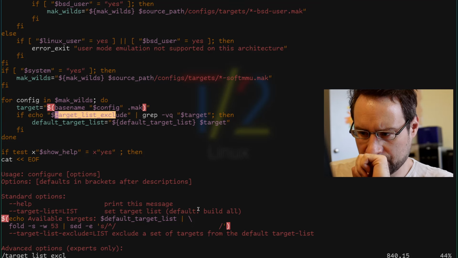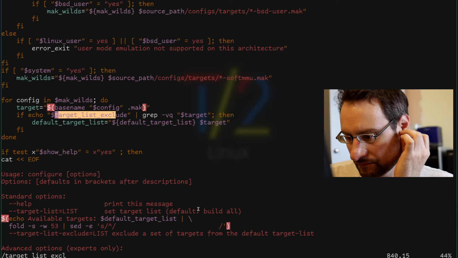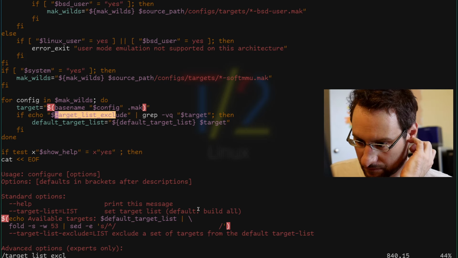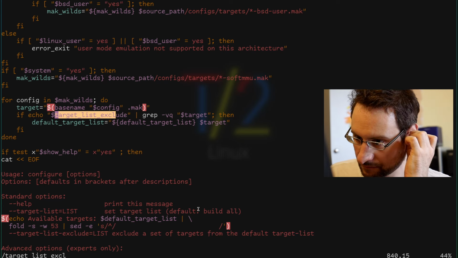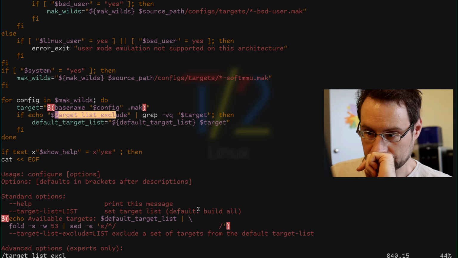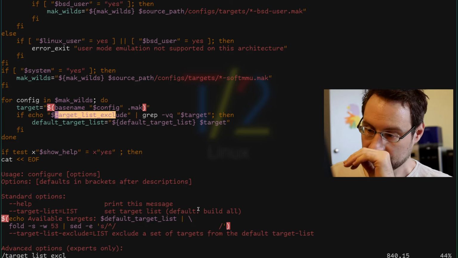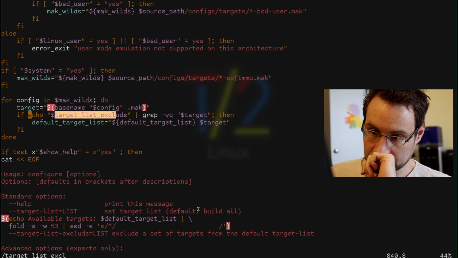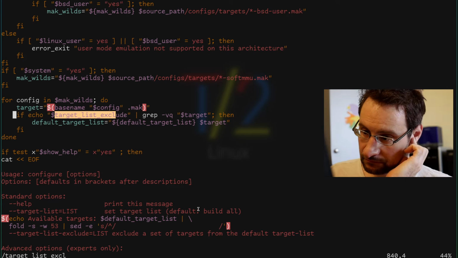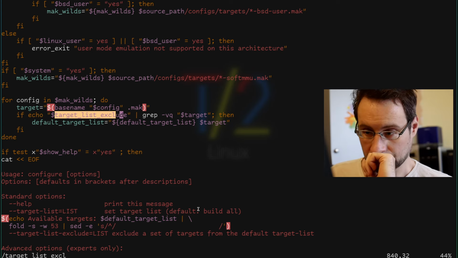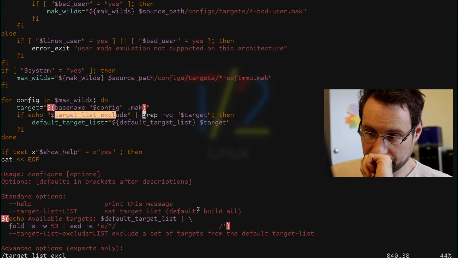Would have been really cool if... can we make this like... I mean, if we patch this for our use case,